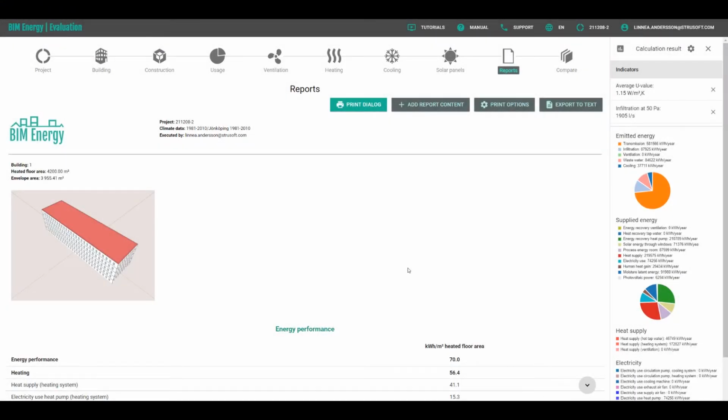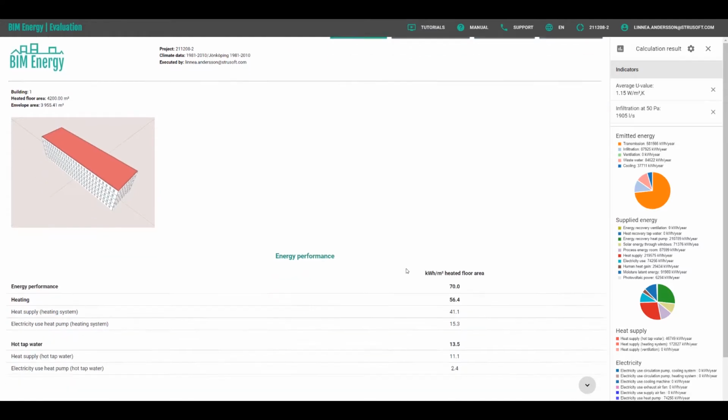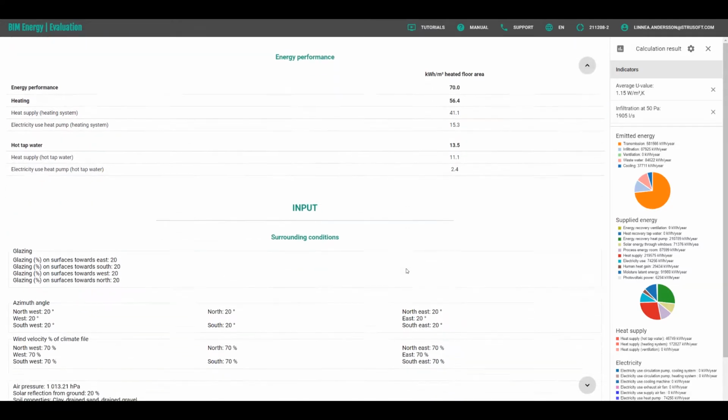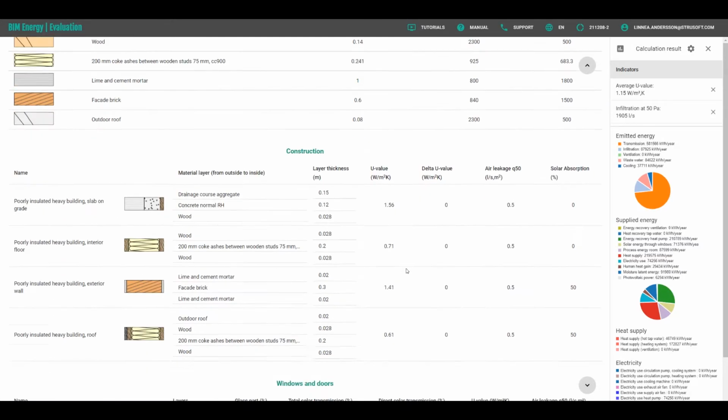Report step in BIM Energy, you might feel that your report is unnecessarily long, or there are other results that you wish were there. In this video, I will show you ways to adjust the report so that it fits for you. As a default, we have a quite long report, starting with input data of all our steps,